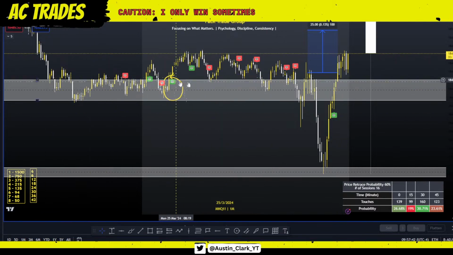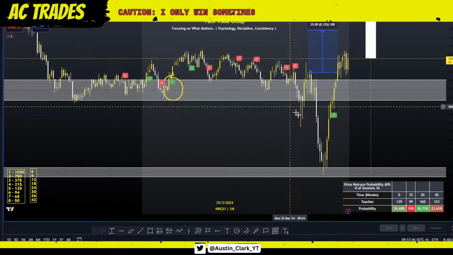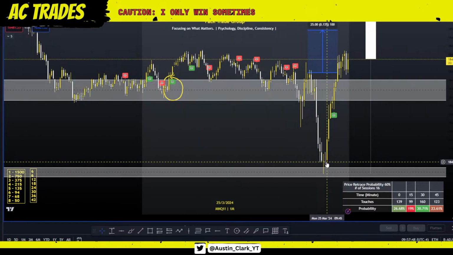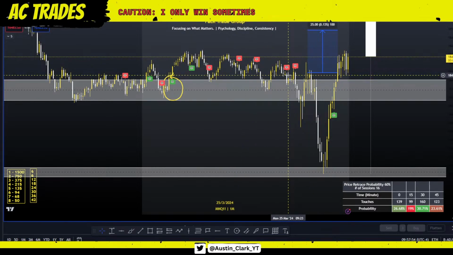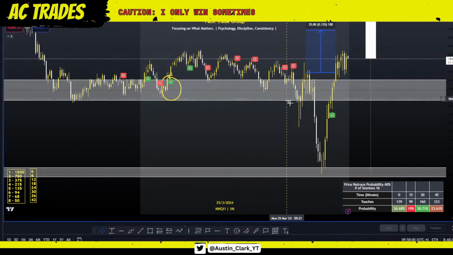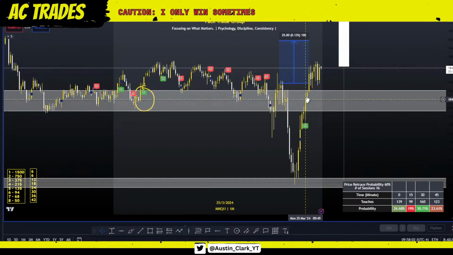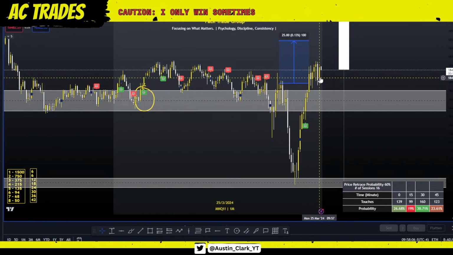Sometimes your first few are going to hit quick, and it's just going to be a nice base hit day. Other times you build into your position and you get these nice run-ups to where you would have hit a full take profit here. That's probably what Ejaz did, correct me if I'm wrong. You would have already hit a full take profit because you DCA down here, lowering your overall average cost, and your 25 points has already hit with this nice run-up.